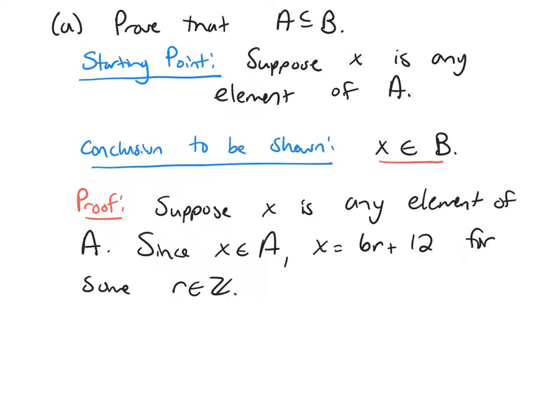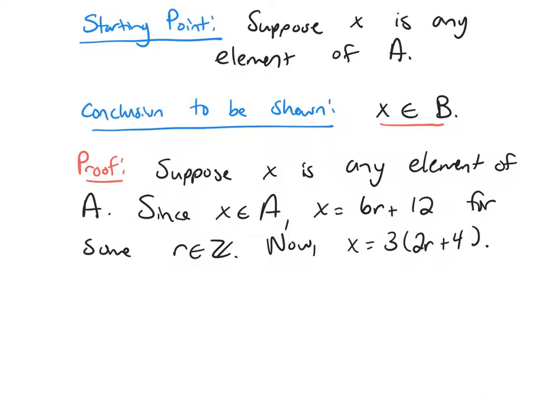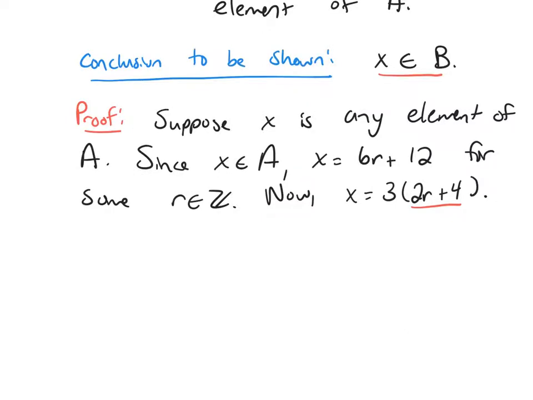So how can I do that? Now, x equals 3 times what? If x is 6r plus 12, I can just factor out a 3 and get x is 3 times (2r plus 4). So I'm going to relabel the part in these parentheses now. I'm going to call that s. Let s equal 2r plus 4. Is s an integer? The answer is yes. s is an integer